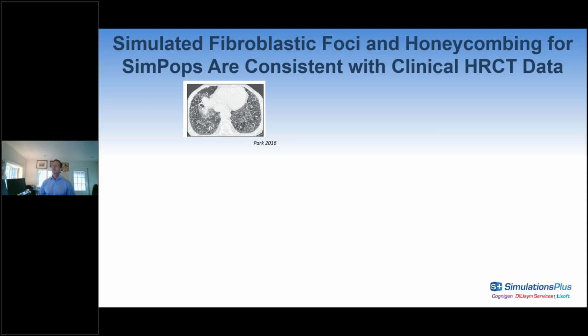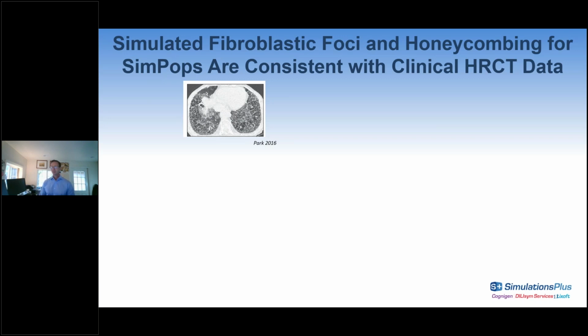In idiopathic pulmonary fibrosis there is a really nice imaging methodology, this HRCT, that allows us to quantify how much of the lung is in specific disease states, if you will. In this case, there are three areas that are really crucial. One is the normal parenchyma, i.e. unaffected tissue. Another is honeycombing. So this is the tissue that has so much fibrosis that it is completely no longer functional. And the third is the in-between, what's known as the fibroblastic foci. This is also imaged as the reticular opacity.